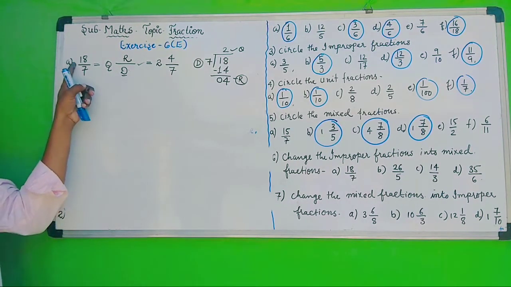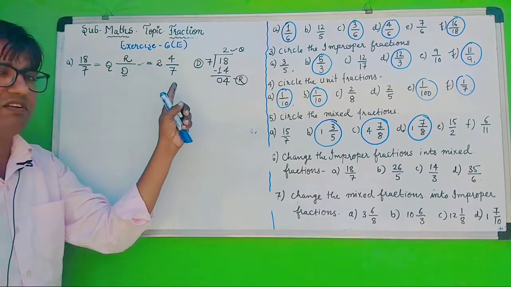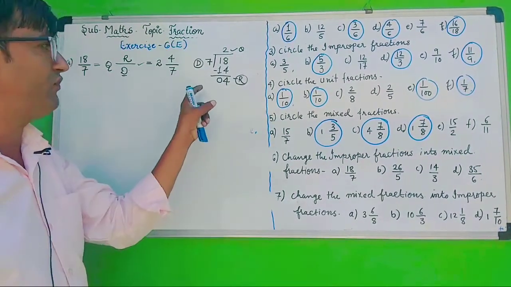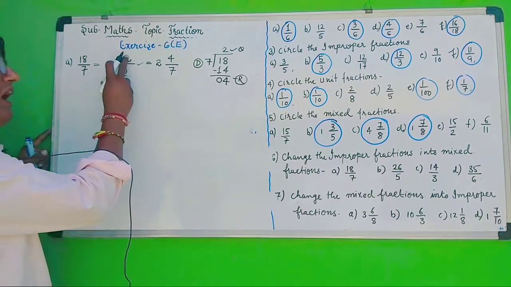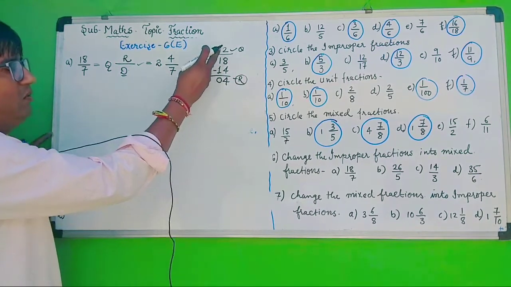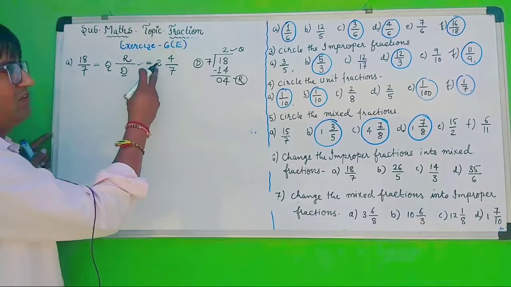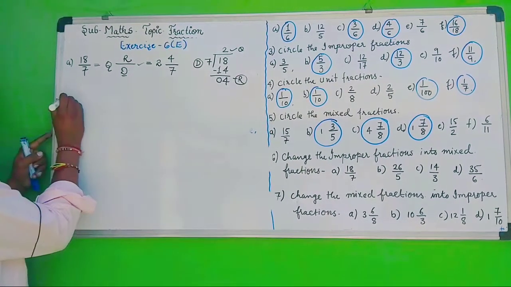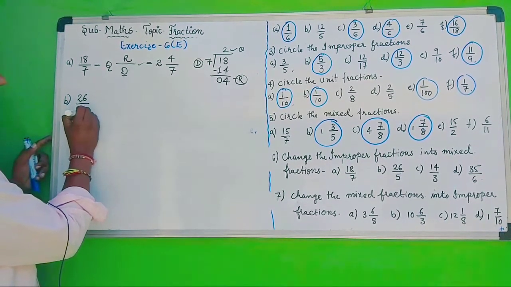How to convert? First of all, you divide 18 by 7. You have to show this in the fair calculation, not in rough. When you are doing this calculation in the notebook, you have to show it in fair work. Do not do rough work and write the direct answer. Whenever you solve, first you write the formula Q R by D, then you divide. Whatever you get, the remainder will be the numerator, the quotient will be the whole number, and the denominator will be the divisor. Clear? Second example I will explain to you, and we will understand. 26 by 5.